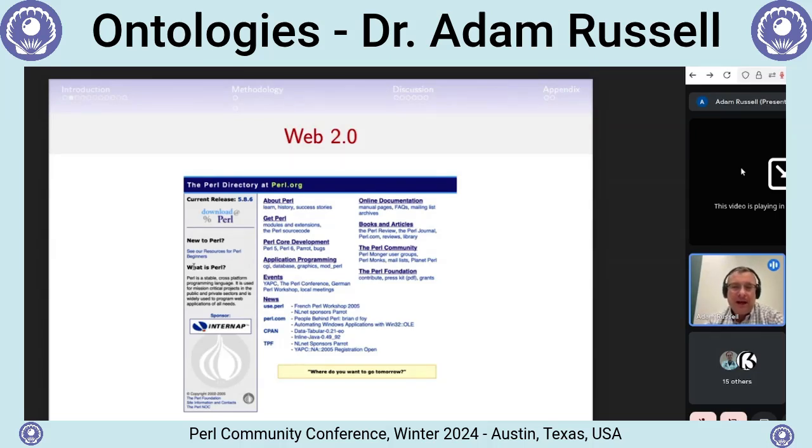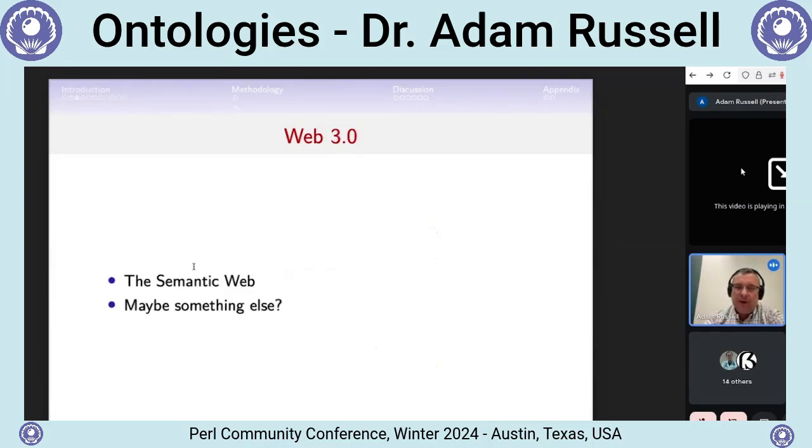So the idea of a front end for an application being a web page, right? A very complicated JavaScript application many times, right? But still a web-based application. So Web 2.0, we started to get into more interactivity. Well, great, right? But really what this talk is about is this idea of Web 3.0